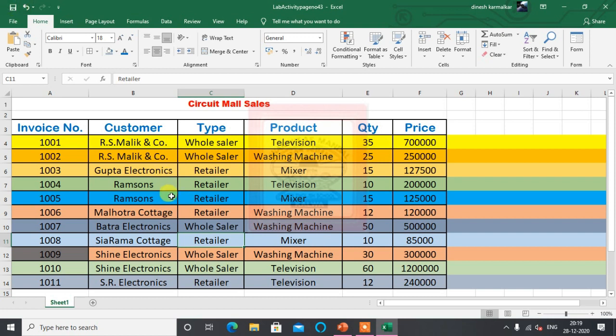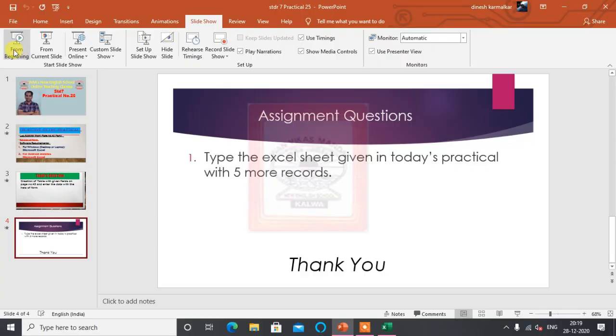In the next part we will see what are the different things we can do on this table. So our table is typed. So let's see what we do in the assignment question. Before this I will save this once again. Now in the assignment,